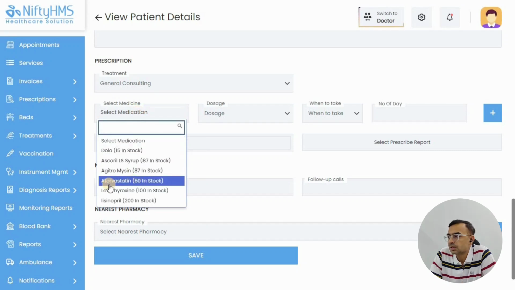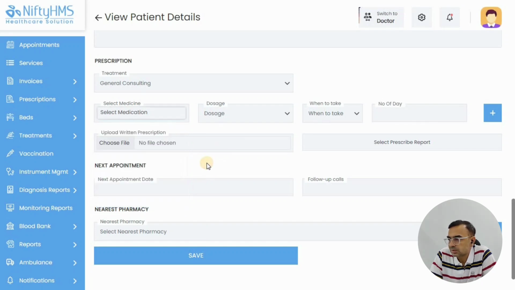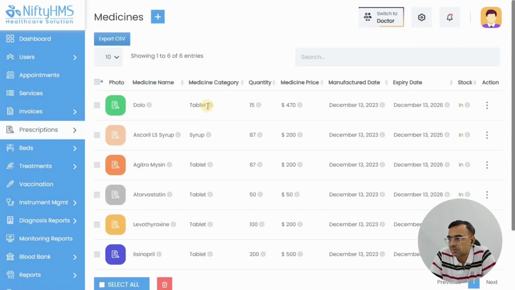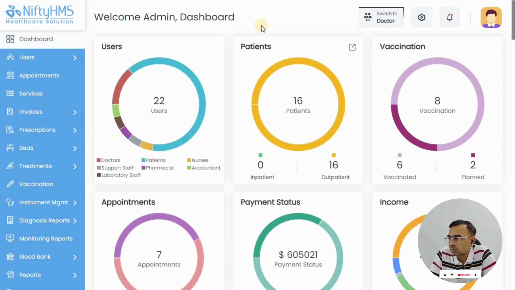These medicines will be available in your assessment form. So as a doctor, you can always select the medicine from the drop down when you are prescribing medicine to patients. Now just go back